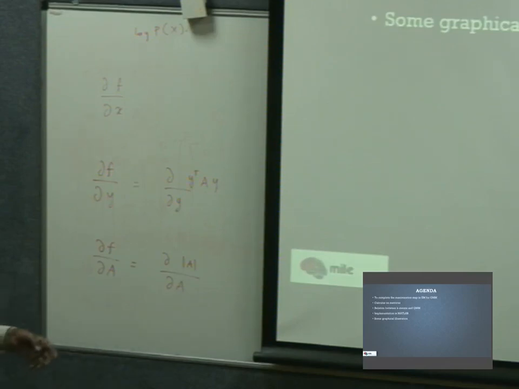I'll explain something on k-means, how k-means and GMM are related, and what differences and commonalities they have. And we'll see both GMM and k-means code. We'll go through the code of k-means and GMM. Then I'll show some graphical illustration of how the mean vector moves for the GMM case and the k-means case.